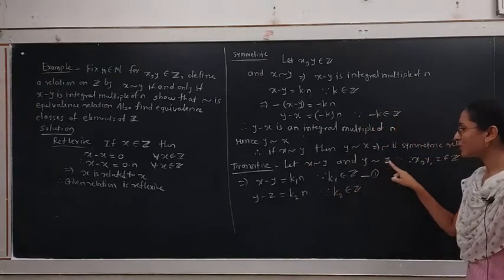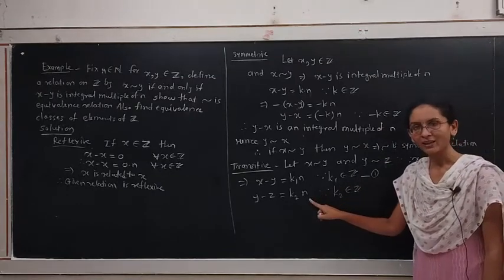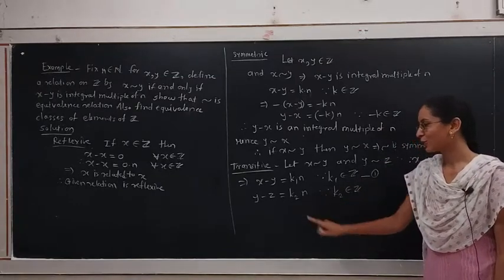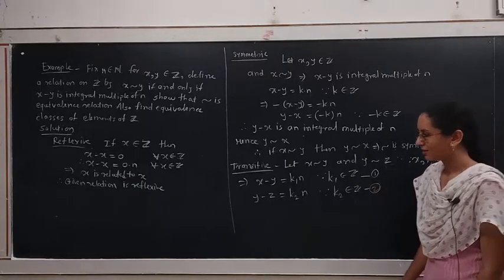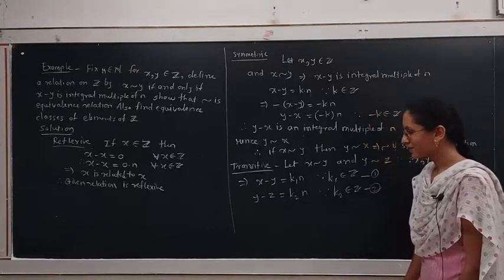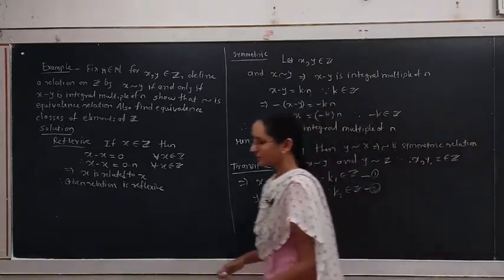Y is related to z means y minus z is an integral multiple of n. Suppose that integer is k2. This is the second equation. Consider x minus y plus y minus z. Consider addition of these two equations. We get